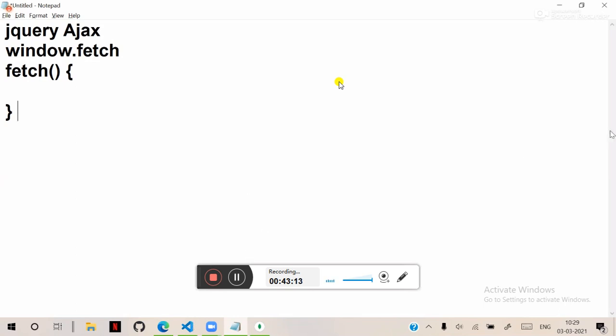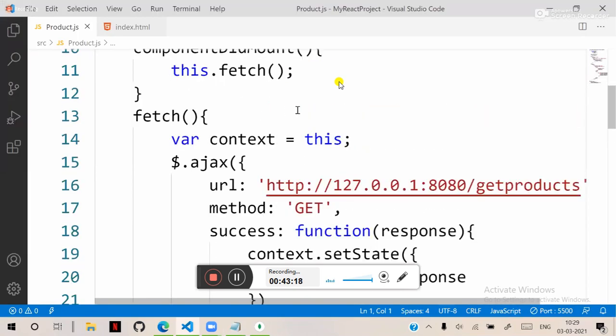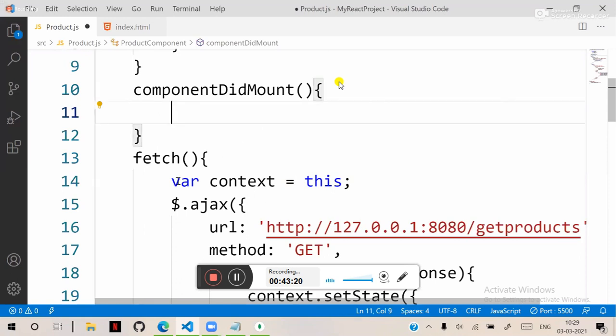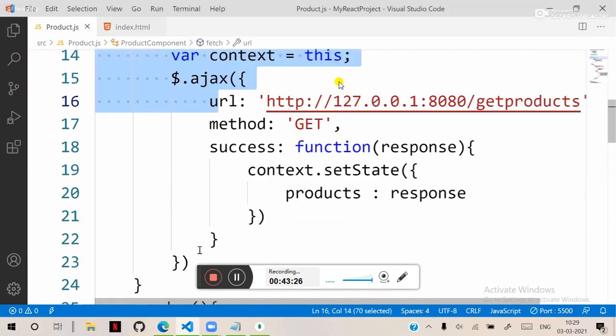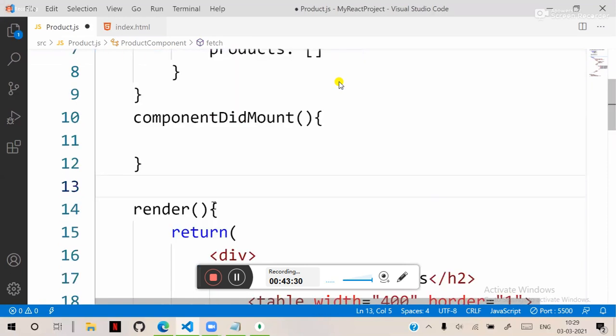So see what I am doing now. I am removing this fetch function. So that means component mount. I am removing this. That means now data is not coming. And I am removing this fetch also. This is manually written. We have written that function. I will remove that. And what I will do is on mount,